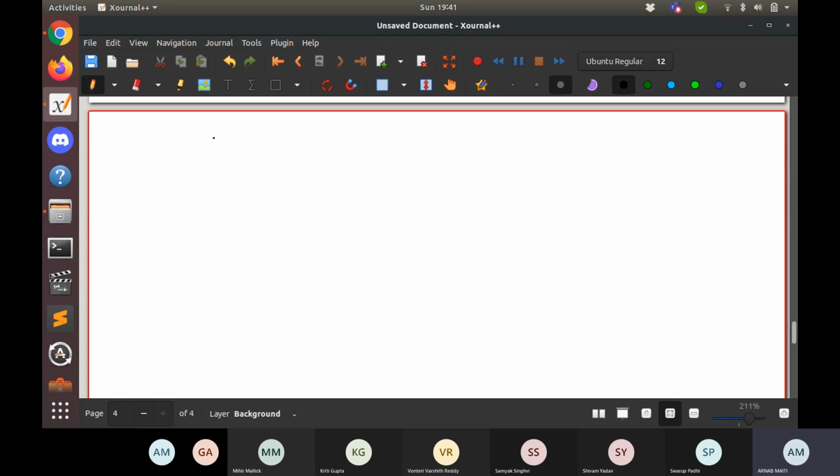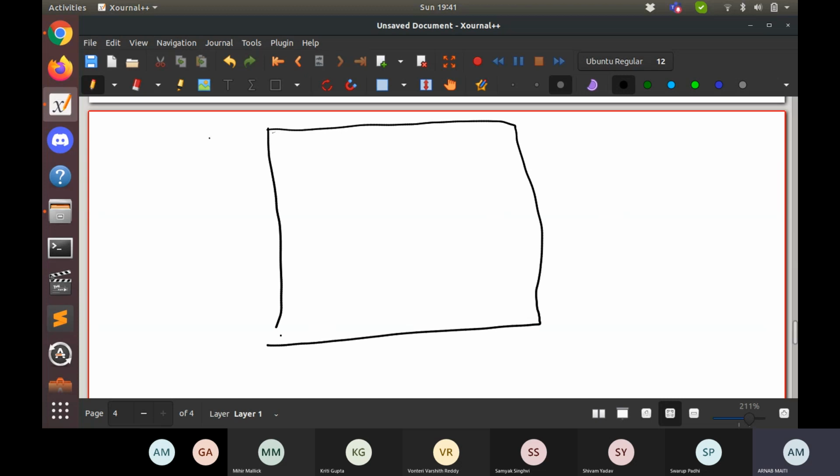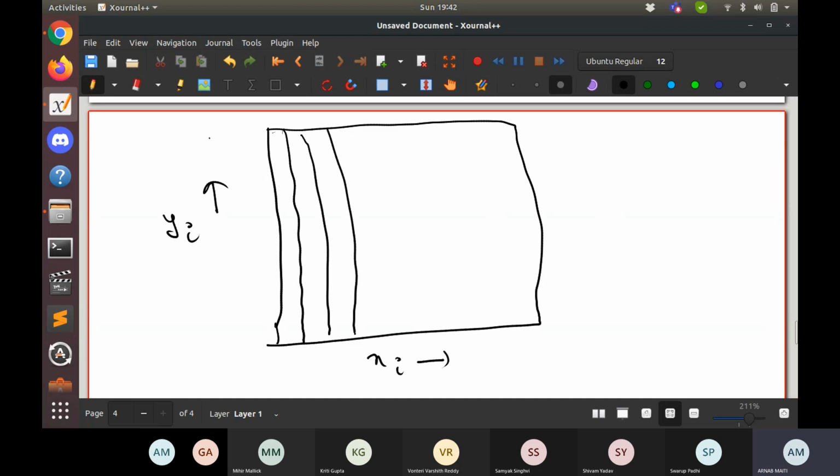So if you take this as yi and this as xi, you start dividing it into n parts.